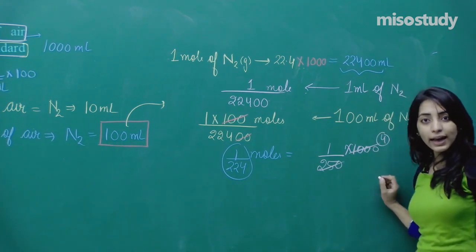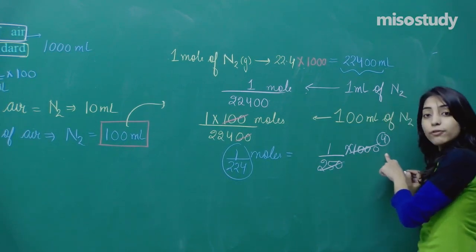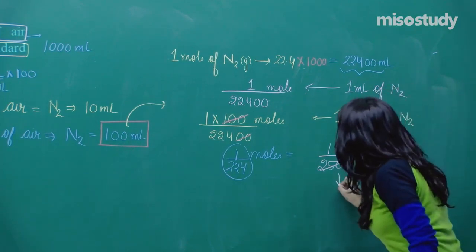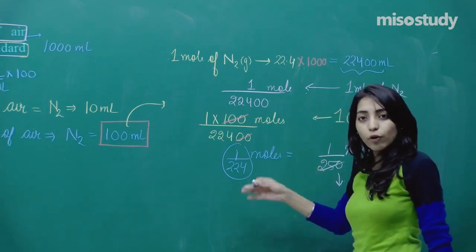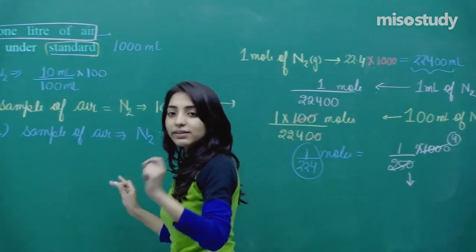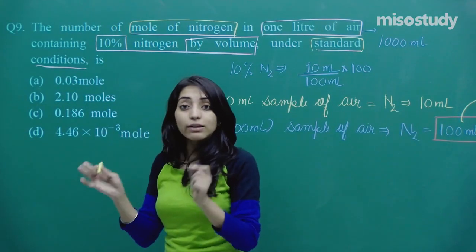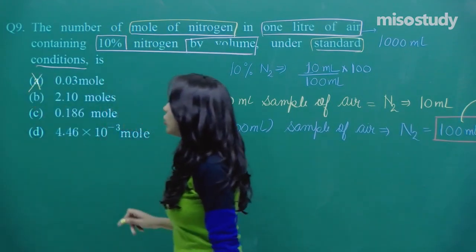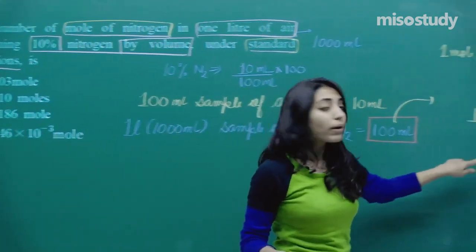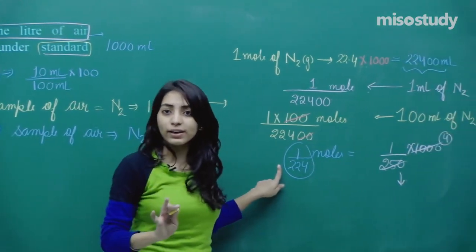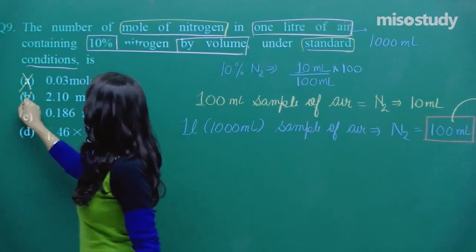Exact 4, right? That means if there is 250 in the denominator, the answer will be 4. If there is something less than 250 in the denominator, let's say 224, the answer will be something greater than 4. That is what I have in mind. 0.03 is not something related to 4. Ignore. 2.01, guys, it cannot be the answer. The answer is 1 by 224, which is way too small compared to 1. So, according to this, 2.10 cannot be the option.